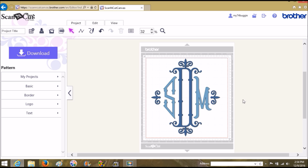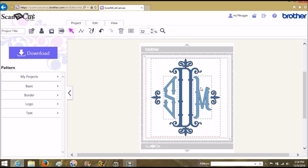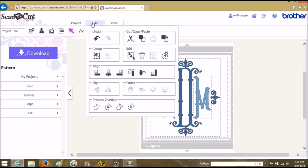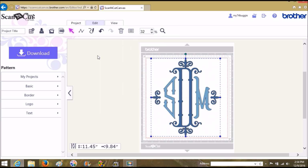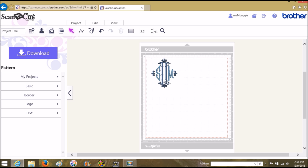Okay, so I know it's probably not perfect, but it is for me. Let's go ahead and go to Edit and click the Edit button, which selects everything. And then we're going to want to group it, and then we can make it smaller so it actually fits into the piece of